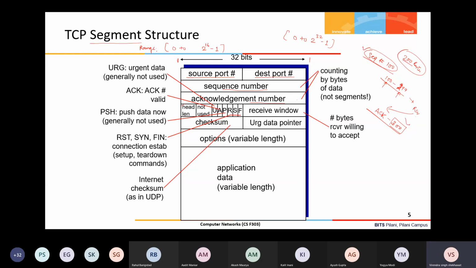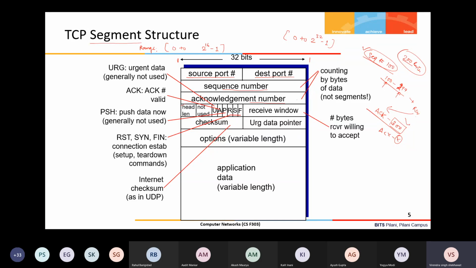So ACK X means X is the next expected byte by the receiver. Now you might be wondering how the ACK and data segment are differentiated.